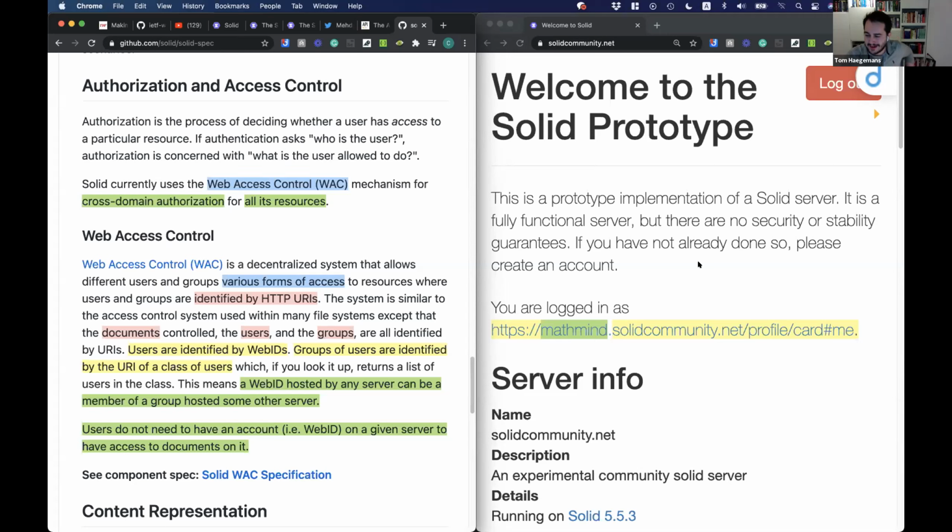Yes. All right. Well, we chose Solid because, and maybe I'm not going to make myself popular in this kind of community, it's a W3C supported project. It's built by Tim Berners-Lee, the inventor of the World Wide Web. So for us, it's very easy to sell Solid in the way you can sell an open standard, because you just have to say it's from the inventor of the World Wide Web. It rings a bell everywhere.